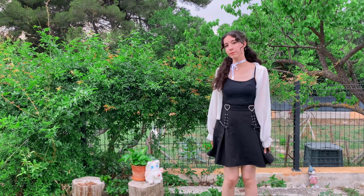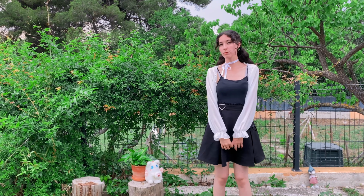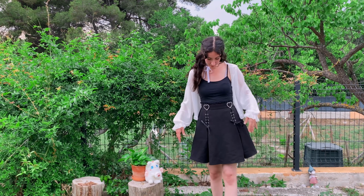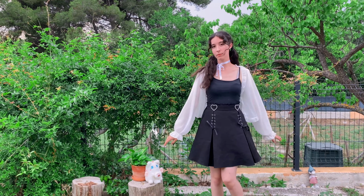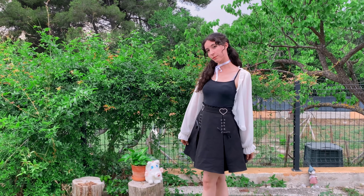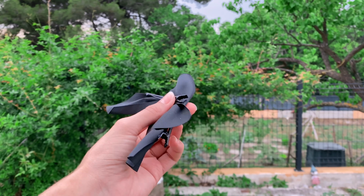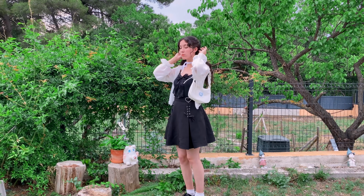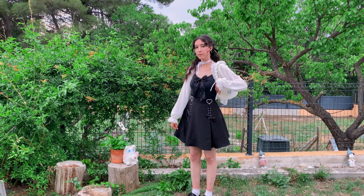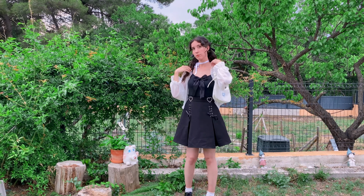Okay, next is an outfit that isn't about the colors anymore, but it's more about the layering. As you can see, I'm wearing a black tank top with my black skirt that has cute little details on it, and I layered it with a cardigan that I bought on AliExpress. I think I experimented with jewelry and also just tying lace. You guys, you don't have to do that much. I literally just got a piece of lace. It was like €1 and I cut it and I use it as hair ties,